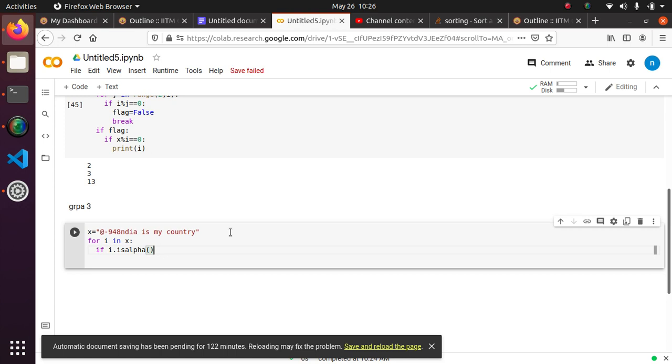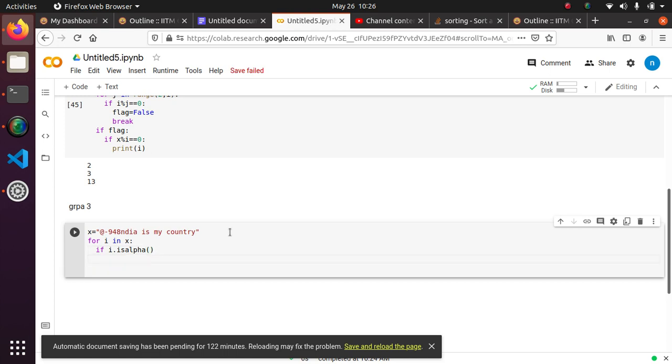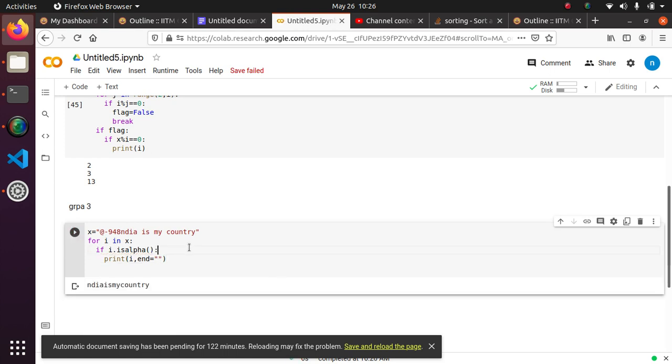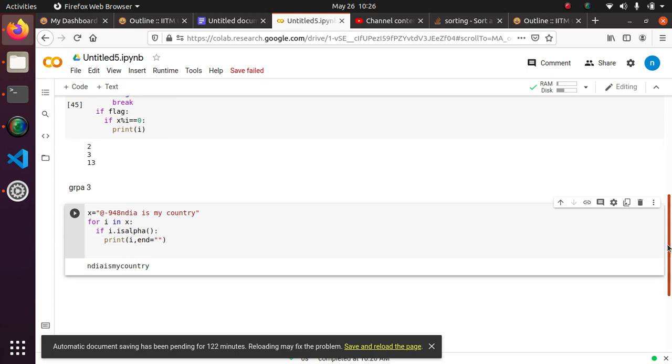Okay, print of i, comma, end equals empty string. Okay, no, I forgot to do this. See, voila. So this is the same string in the same order. We just removed all the extra additional characters other than the alphabets. Okay, so this is one hint for you guys.